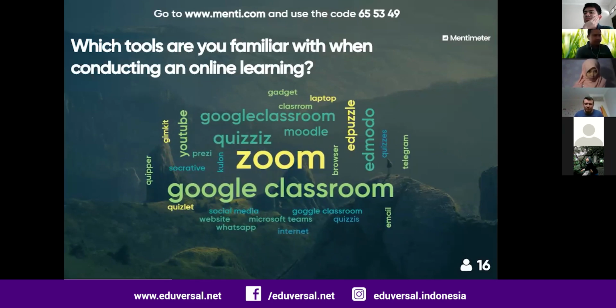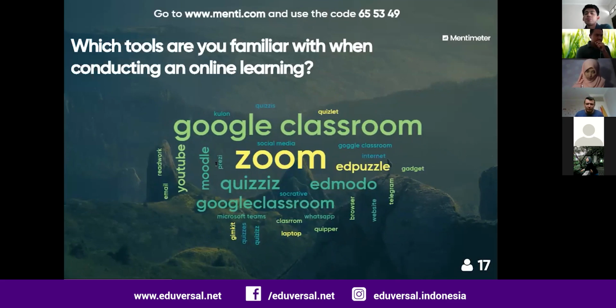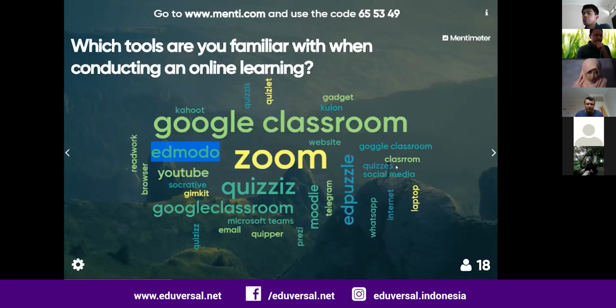We have several ideas about the tools used when conducting online learning. Obviously, the popular ones are Zoom and Google Classroom here. Some of you typed Quizlet, Edpuzzle, Edmodo. Those are environments for a learning management system.